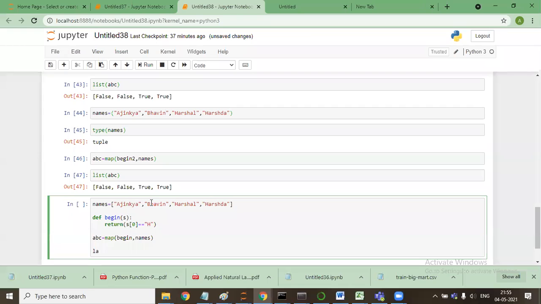I've been trying to convert this function into a lambda. s, then the condition is s[0] equal to 'H'.